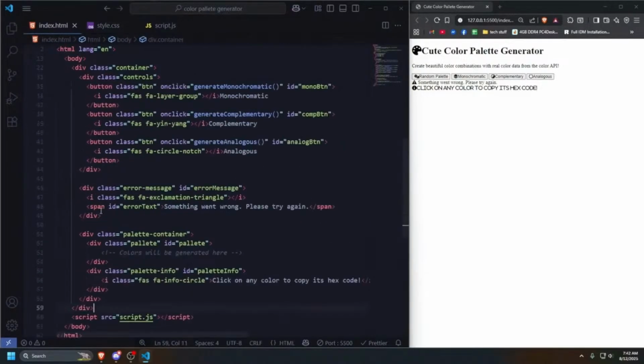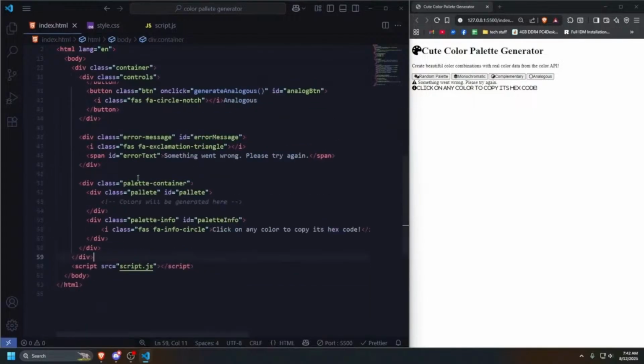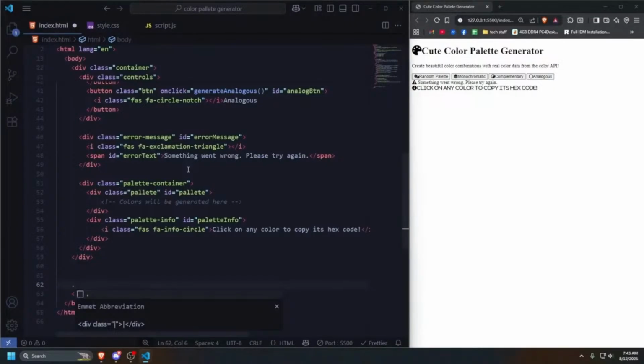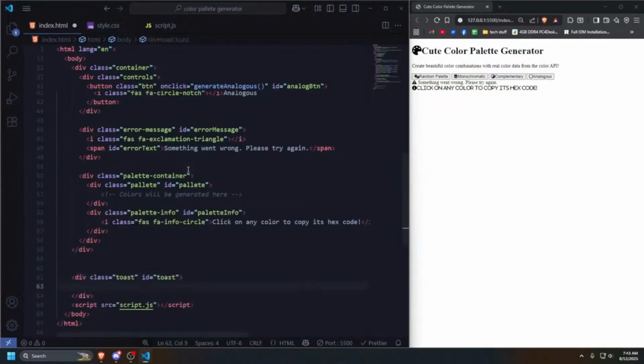So yeah, that is all for our containers div. After going through the containers, what I'm going to do is at last make a toast, which will be a small pop-up on the top right corner. When you click on any code and it's copied, it will basically show your hex code copied, right? I'm just gonna make a toast and also give an ID toast,